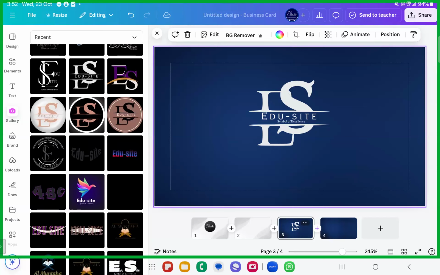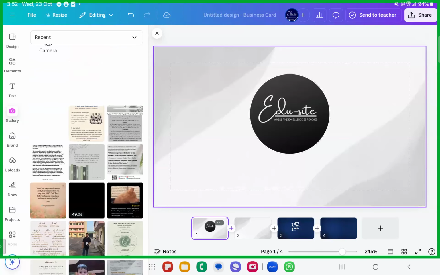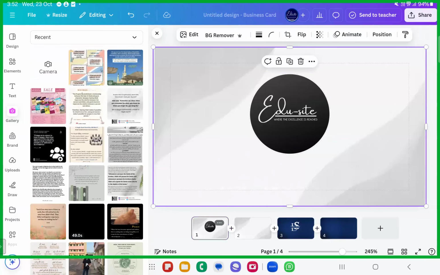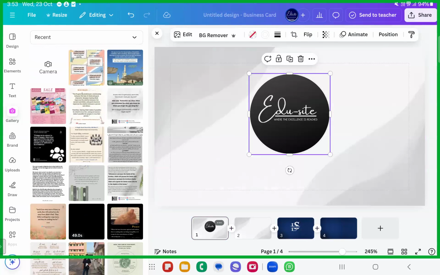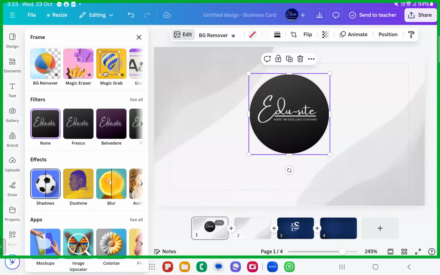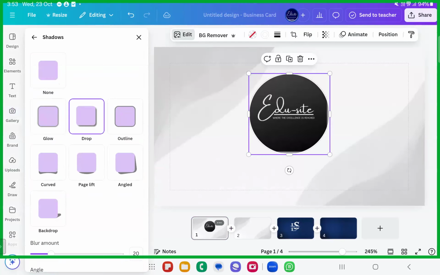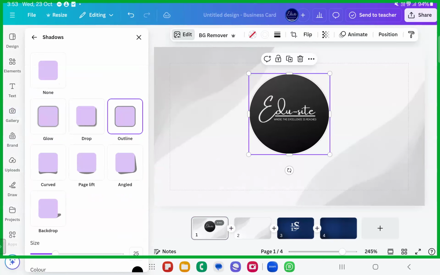So okay. Then what else can you do with these logos, dear sisters and brothers? Now, how to give it a better feel? You can just go ahead with the effects. Hopefully you know something like editing. You can edit these images that you are putting up. How to edit these images? You can apply some shadows to this. Click on the shadows and see. You can apply some drop shadow kind of feel. If you want, you can apply the outline.